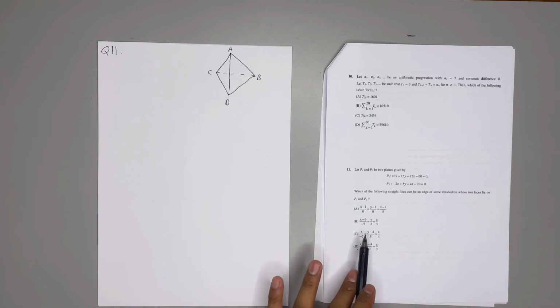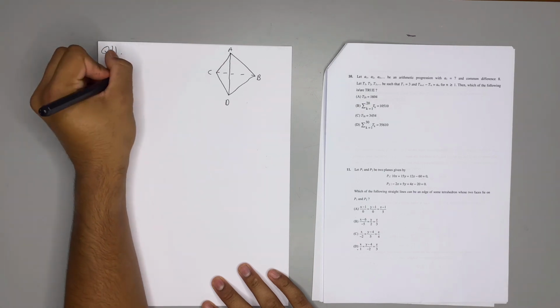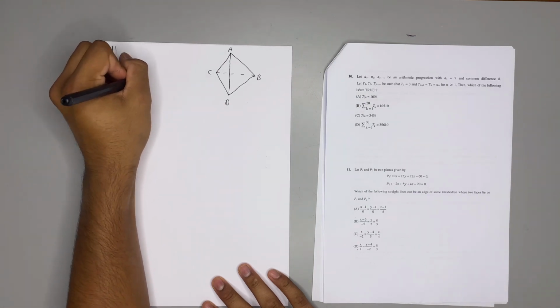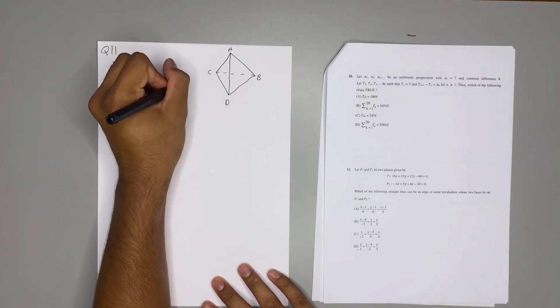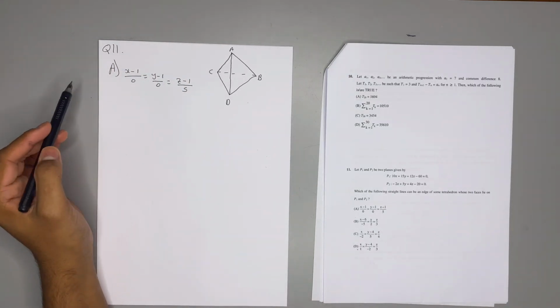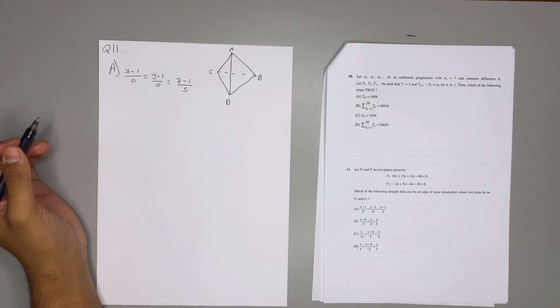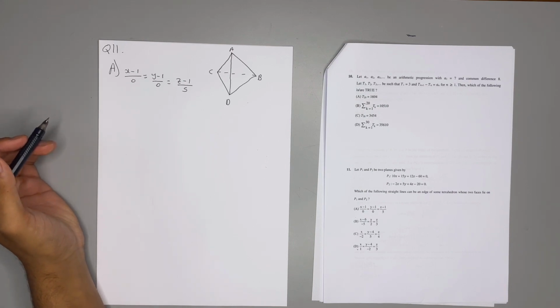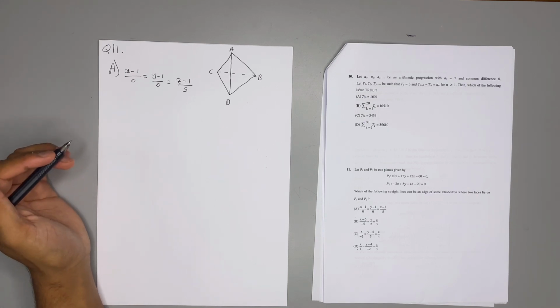By observing these options over here, A is (x minus 1) upon 0 equals (y minus 1) upon 0, which equals (z minus 1) upon 5. X and y having 0 in the denominator means that they're parallel. Since we know that both x and y are parallel to the x and y axes, we can figure out,